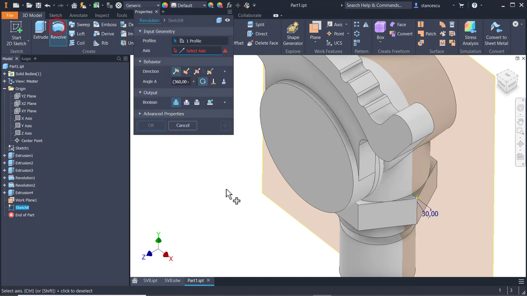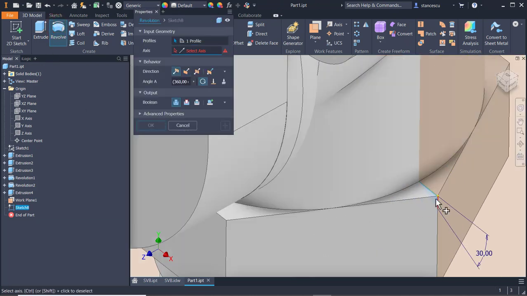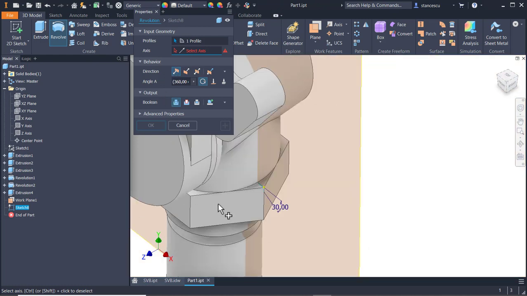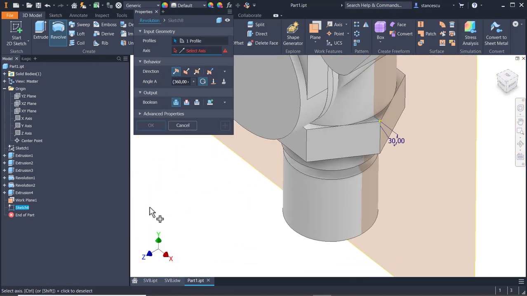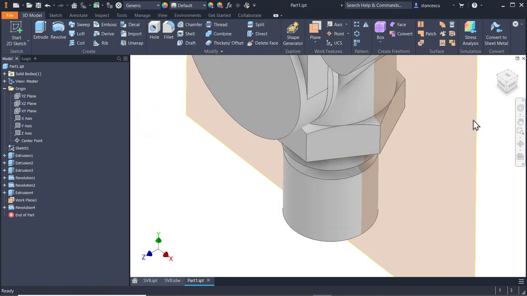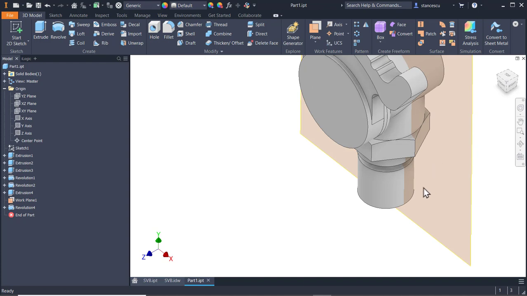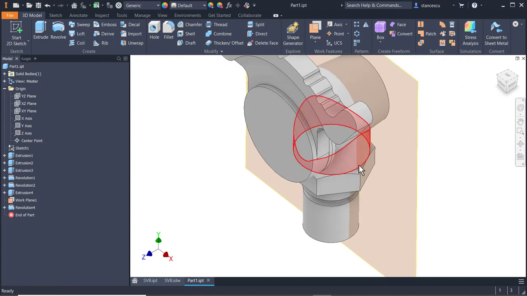Revolve this small triangle about the y-axis. Cut. Okay, you see a nice chamfer. Now I will use this plane